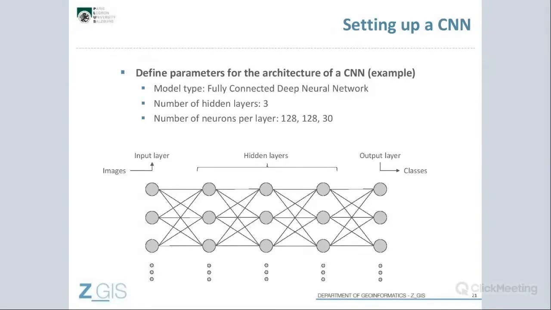So setting up such a CNN is that you define the amount of hidden layers that you want to have. So you have an input layer, then you have 3 hidden layers in this example, and then you have an output layer. And with the number of neurons, you define the layers.